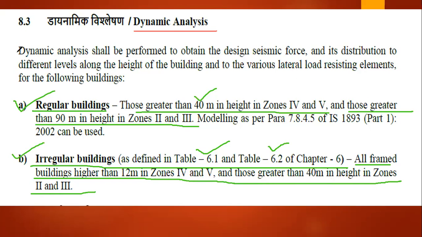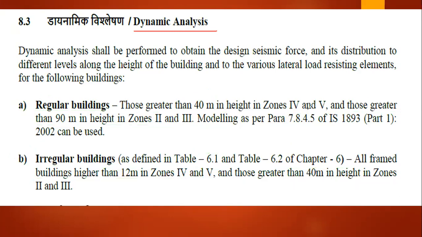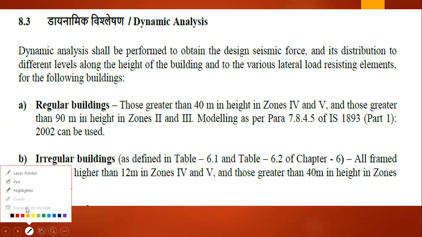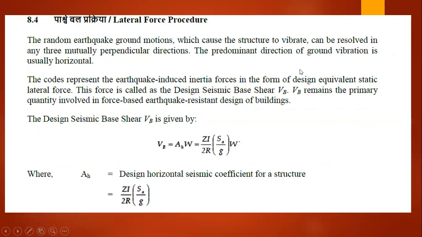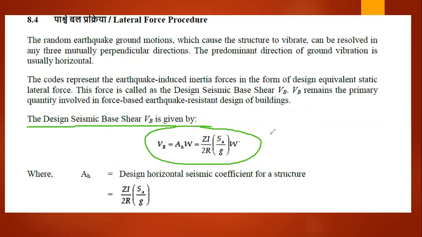First of all, I want to say that seismic zone is divided into 4 main zones. Zone 1 and zone 2 are combined to enter into zone 2. Next we have zone 3 and zone 4. So 2, 3, 4 and 5. So we have 4 different zones, while zone 1 and zone 2 are combined under zone 2.